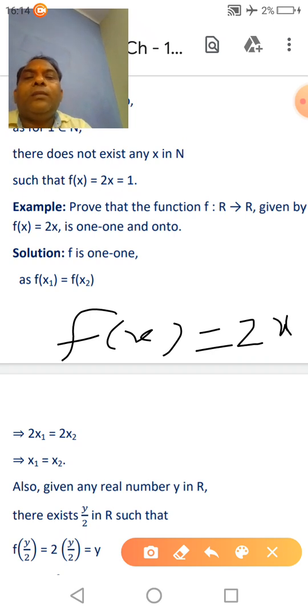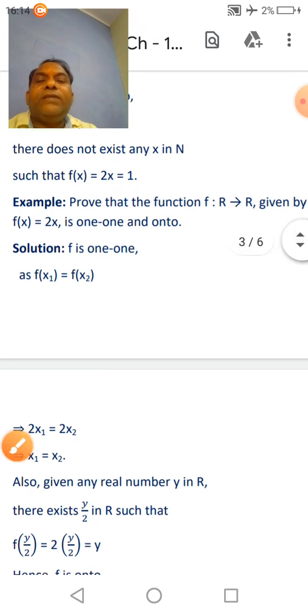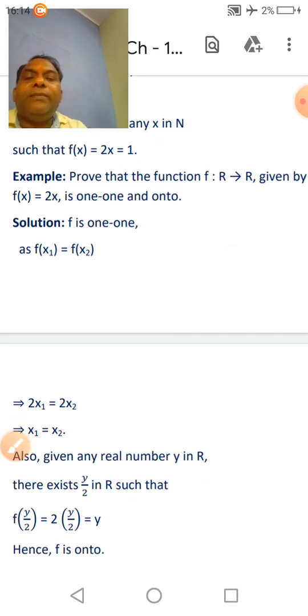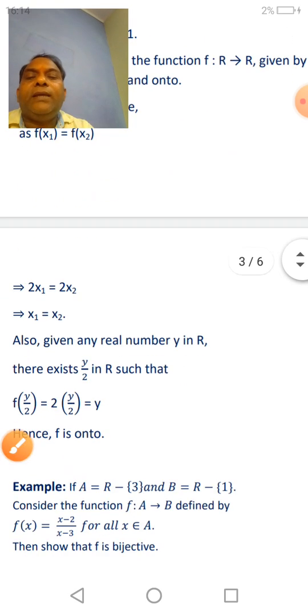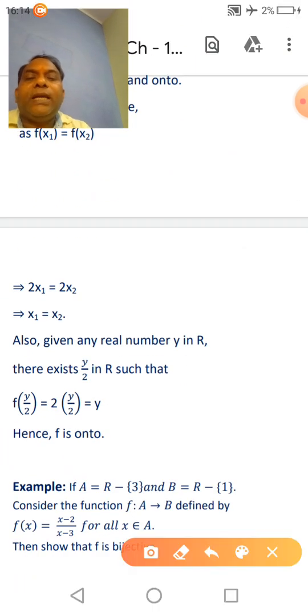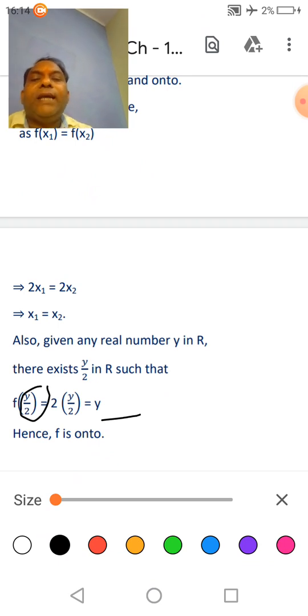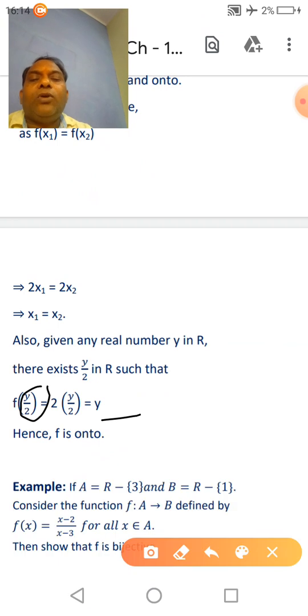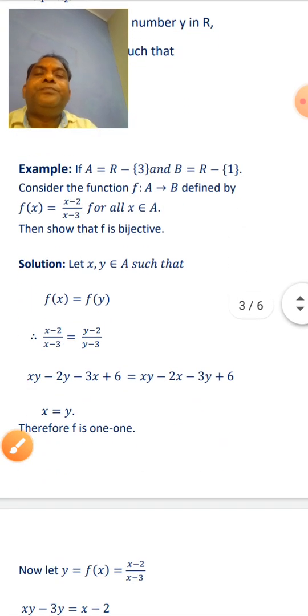Clear? Put f(x) is equal to y, then x will be y/2, and f(y/2) will be equal to y. So f(x) is equal to y, hence f is onto. Clear? Now next example